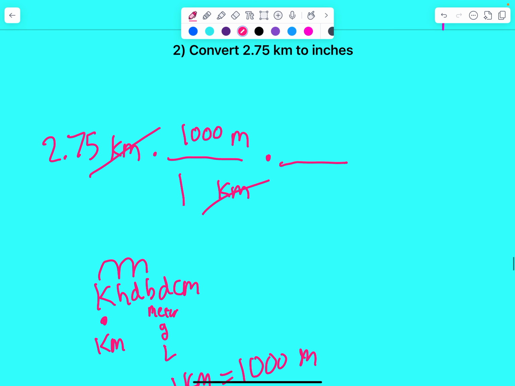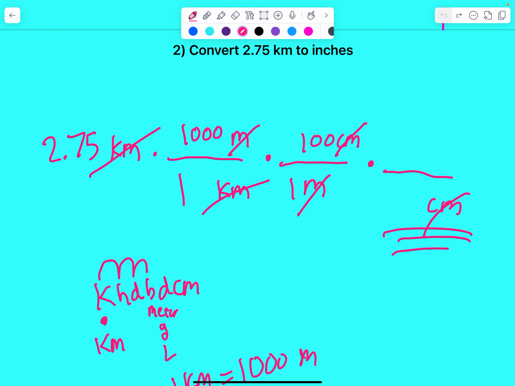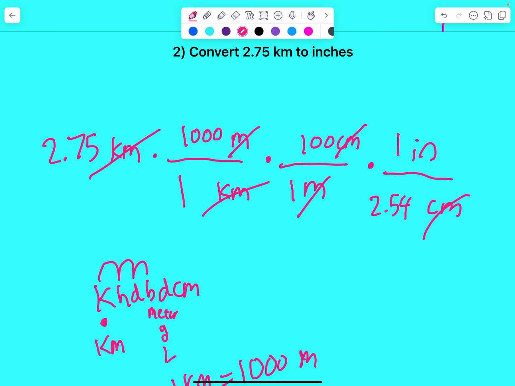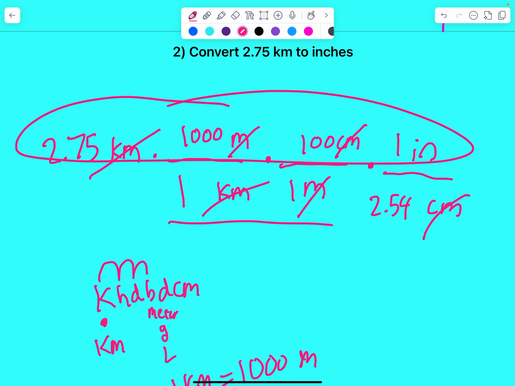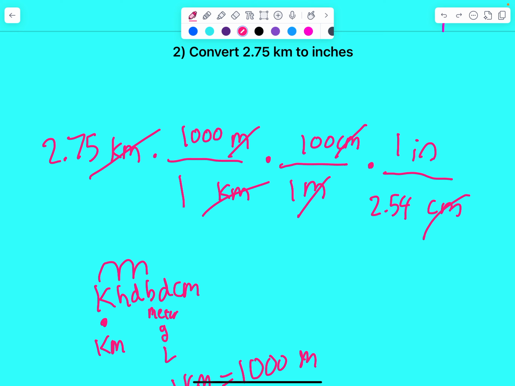Now we've got to get meters to cancel out. So we're going to say 1 meter is 100 centimeters. Now to cancel out centimeters, I automatically put it in the denominator because I know I need to get rid of that. I know that there's 2.54 centimeters for every 1 inch. So when I multiply all the numerators and divide by the denominator in my calculator, I'm going to get